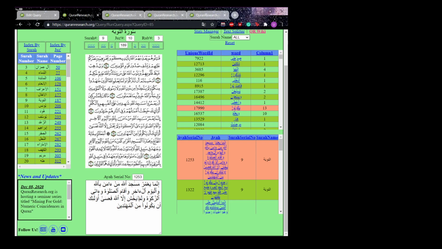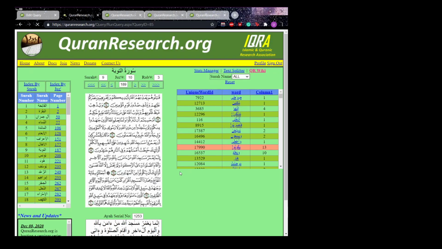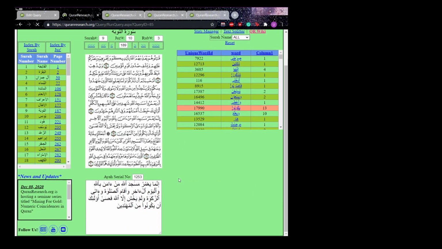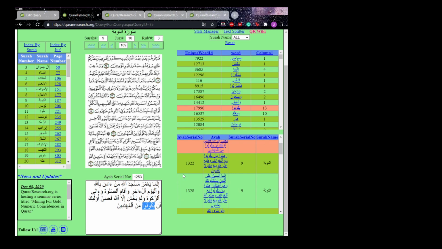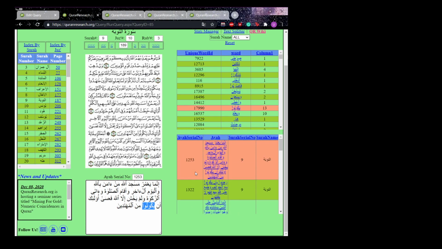So I'm looking. Okay, yeah, see? So now we can see exactly where yakunu came. You see right here, we can see yakunu exactly for how it is, tashkil, word repetition, where it came on. Okay, so we finally finished the query,